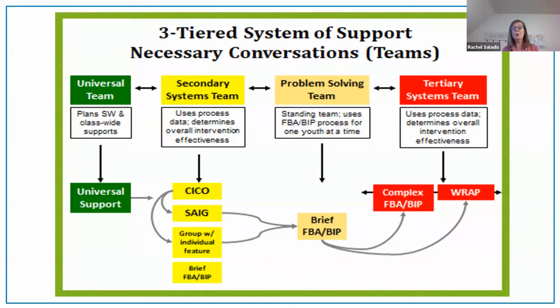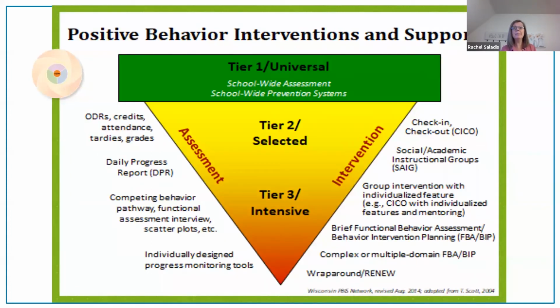And at tier 3, those processes that are designed to support individuals with the most intensive need, we should make sure that the people that are facilitating those are highly trained, that they have the expertise to do so. However, your full staff will continue to have a role in implementing specific strategies and interventions as they are part of that larger plan. Big picture, tier 3 is not about replacing tier 1 and tier 2 with something completely different. It's about layering on more intensive supports as the need is identified.